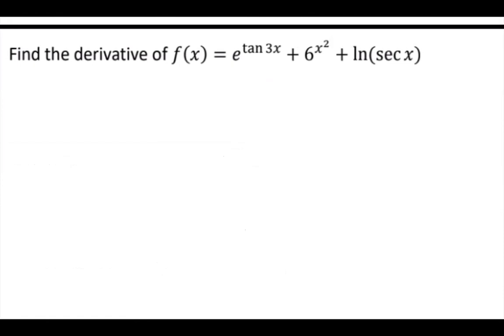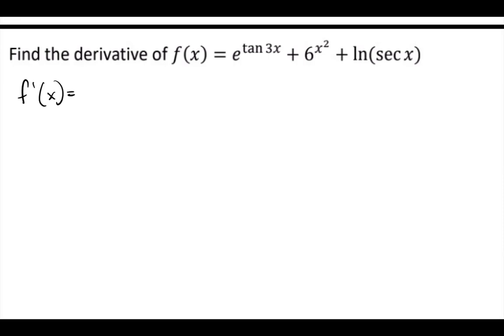It's towards the end. Okay, so we got to find the derivative of f of x. Okay, so f prime. We have e to a power plus 6 to a power plus the natural log of